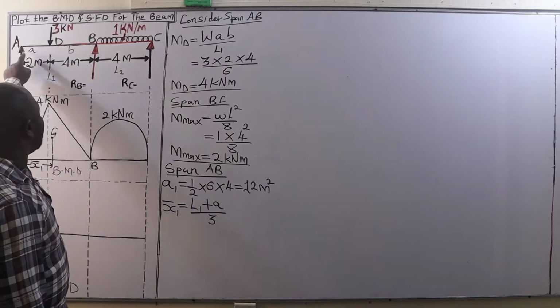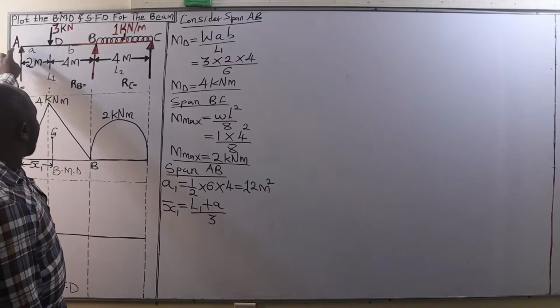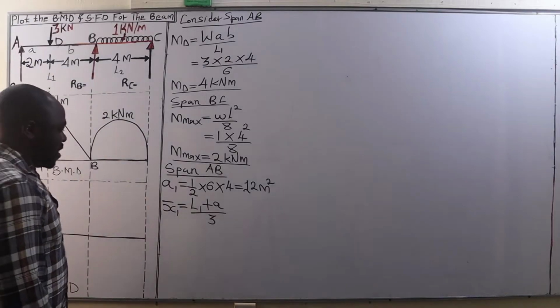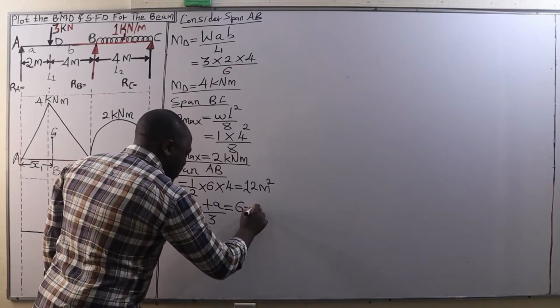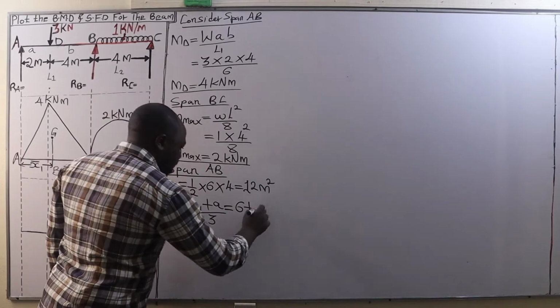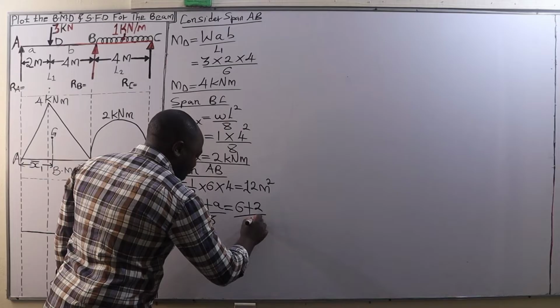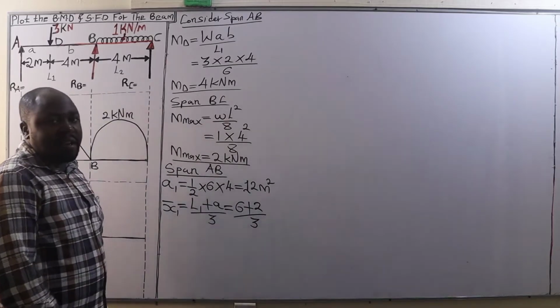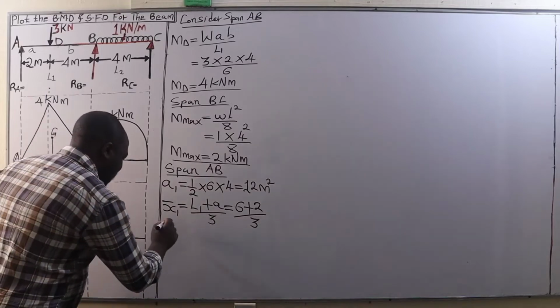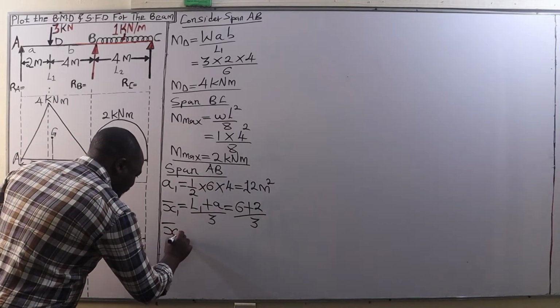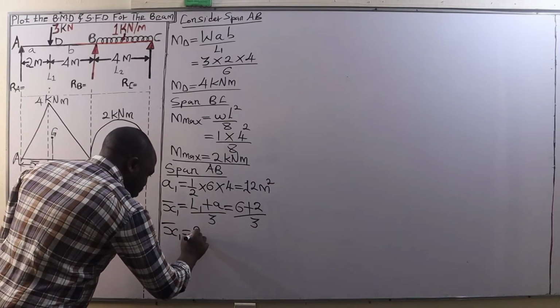Why A? Because we are calculating the distance from A to the center of gravity. This is L1, 6 meters, plus A, 2 meters, and then we divide this by 3. That gives us 2.667,